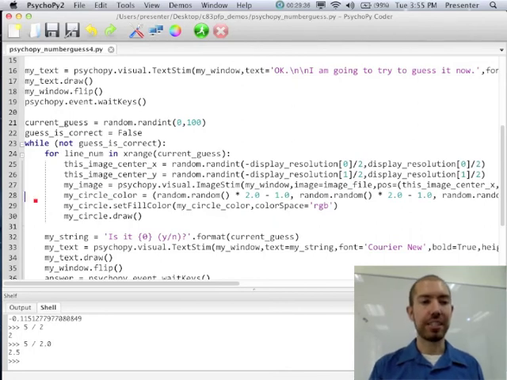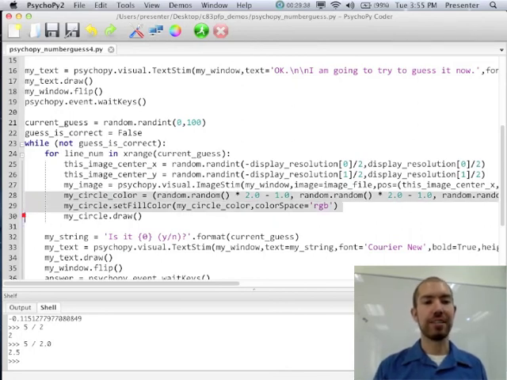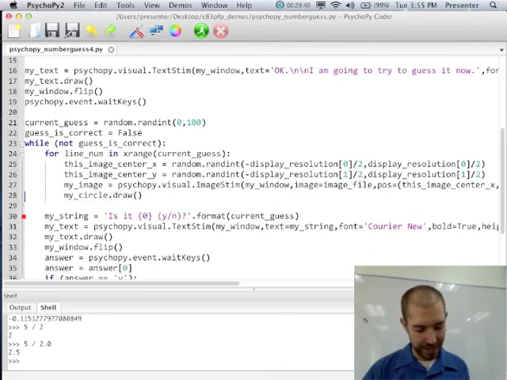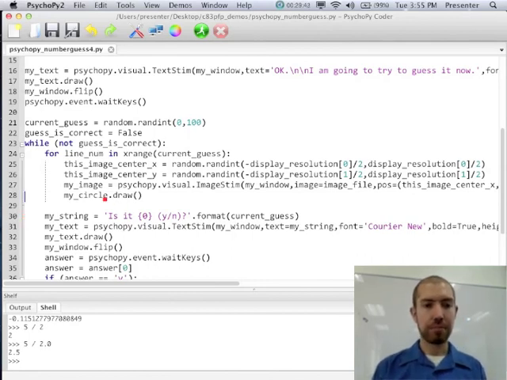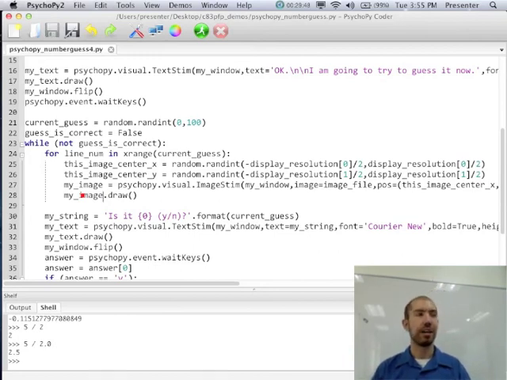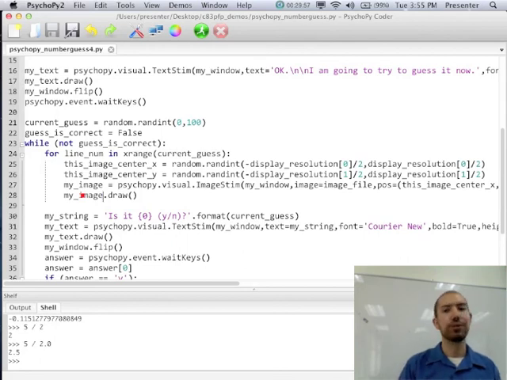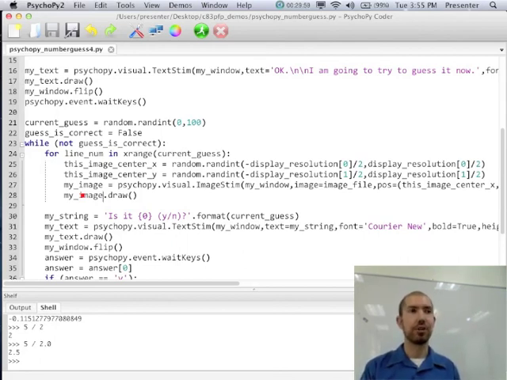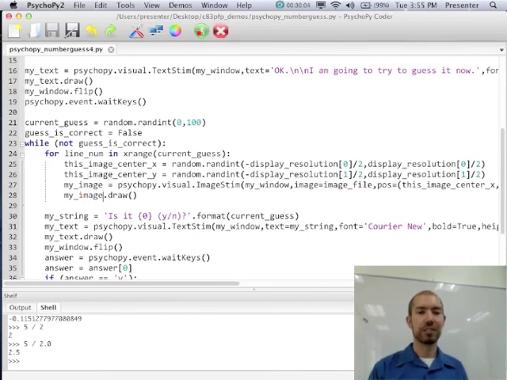And then we don't actually need the color stuff anymore, right? Because the colors are already in the image, so we can just get rid of that. And then we can just tell my image, go draw yourself. And that's it, right? You'd think drawing an image is really complicated compared to drawing a line or a circle. But in terms of lines of code, it's actually a little bit less, right? Because you don't have to give it as much information, because a lot of that information is in the image file. And now if we run that,